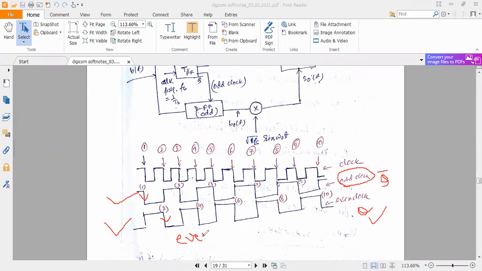Okay, so it is for even flip-flop, the lower one. This is for even. Okay, and now today is so cold, so that's why I'm finding it difficult to write something.